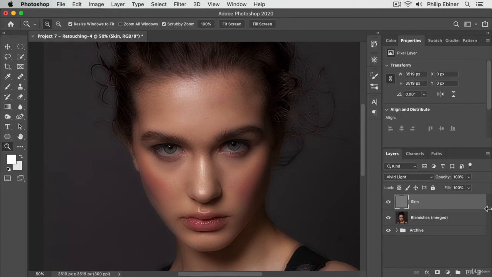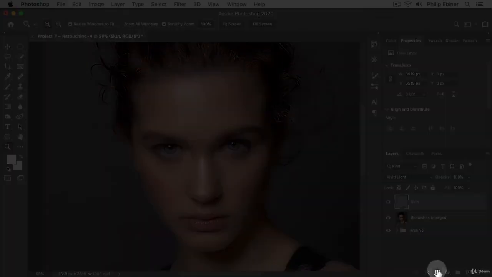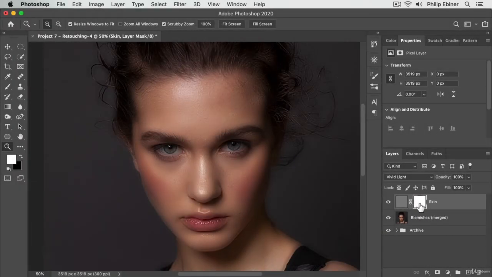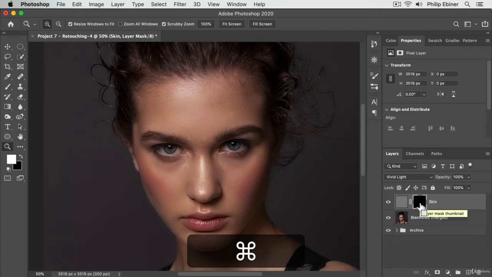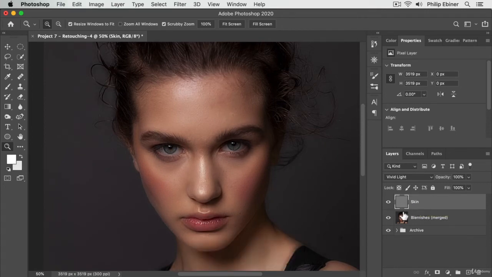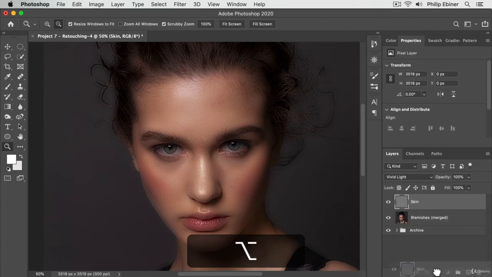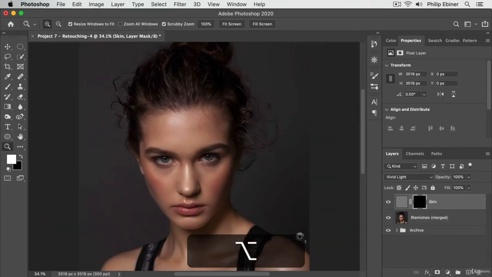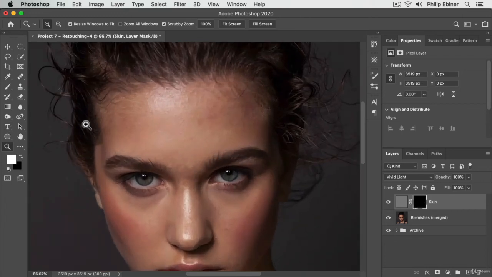All right, so now you can see this layer, if we turn this on and off, it's blurring everything. It's softening everything. We want it to just affect the skin. So we're going to have to actually brush that on ourselves. To do that, we're going to create a layer mask. You can either drop this down into the layer mask and then invert the white to black by pressing Command I, or just from this step, hold the Option key and drag this into the layer mask button. It creates a layer mask that's already black. And then what we do is with our brush tool,